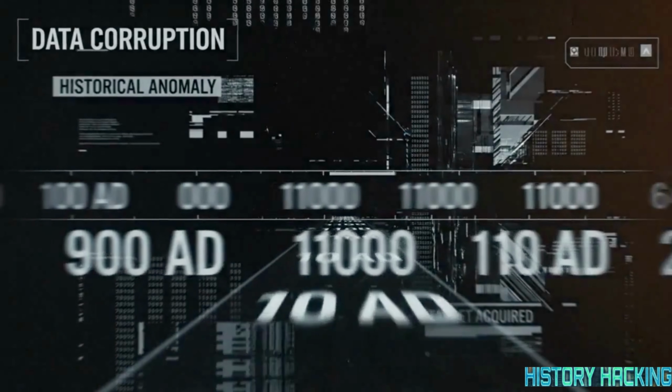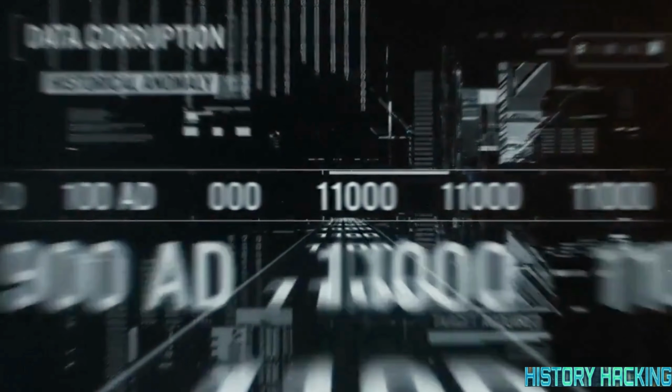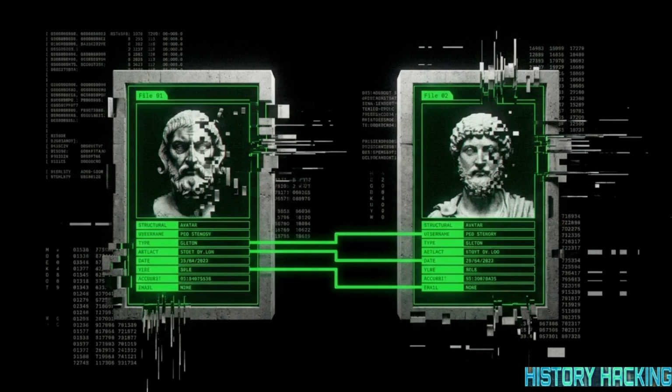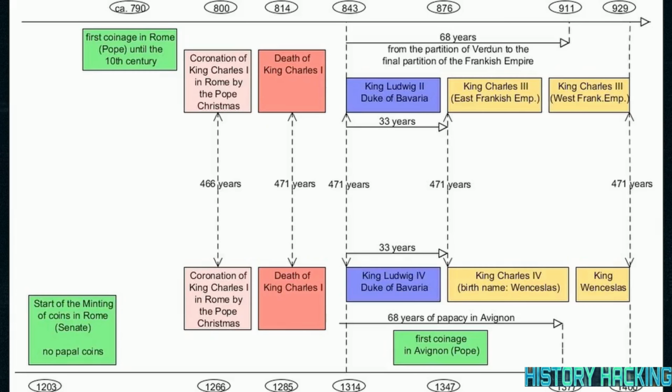To find the source of the error, we scan the database 300 years later to see where the missing variables reappeared. We found a potential match: Charles I of Anjou. His biographical record contains the same specific variables that make up the Charlemagne file. This timeline shows the overlap, both crowned in Rome at Christmas, separated by exactly 466 years. Their deaths show a similar pattern: Charlemagne in 814, Charles of Anjou in 1285. The 471-year interval suggests these entries were generated using a fixed mathematical offset.